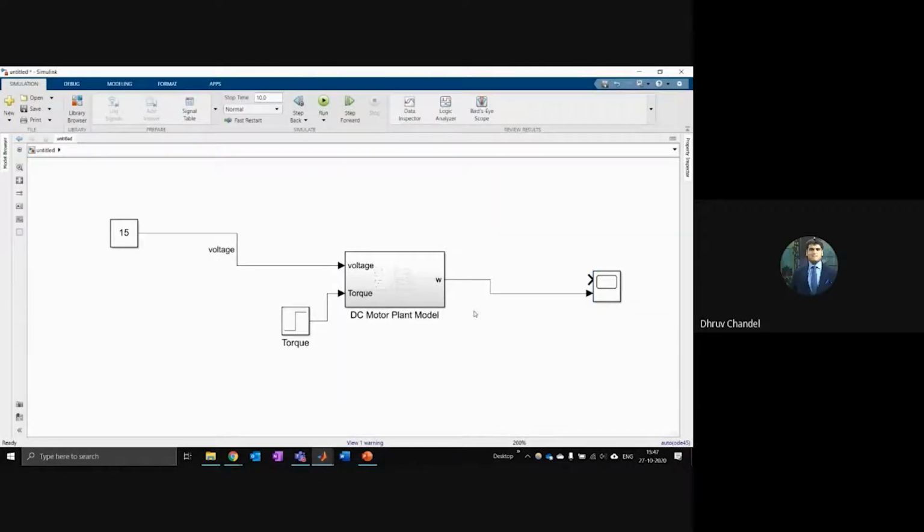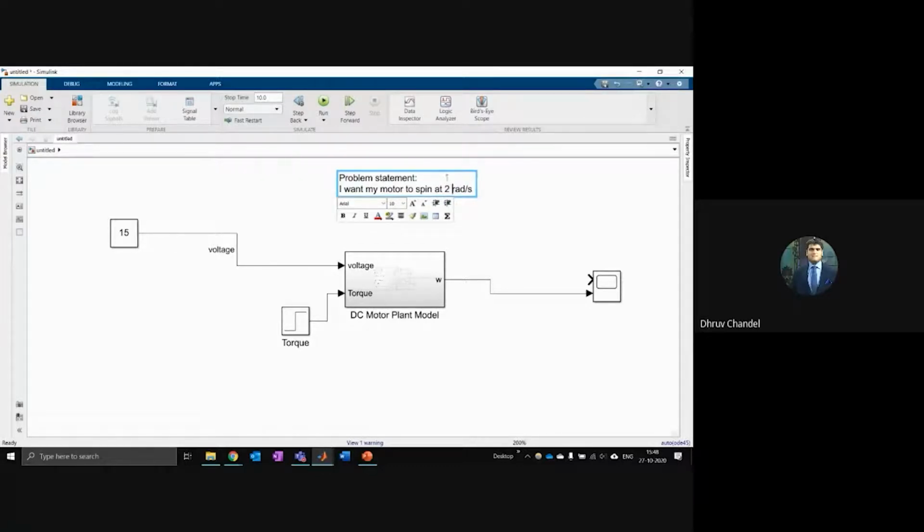So suppose this DC motor is driving the wheels of my robot. I want my robot to move at a certain speed. So I can maybe create some annotation here. My problem statement is that I want my motor to spin at, let's say, 2 radians per second.